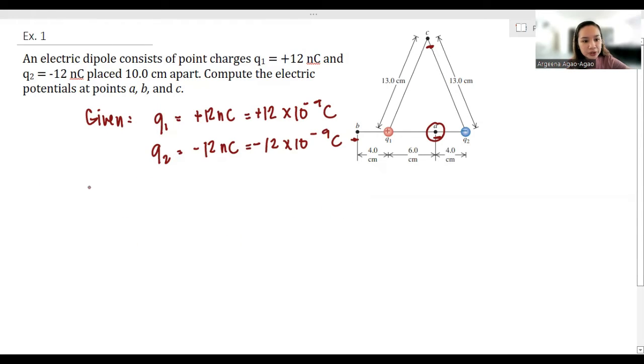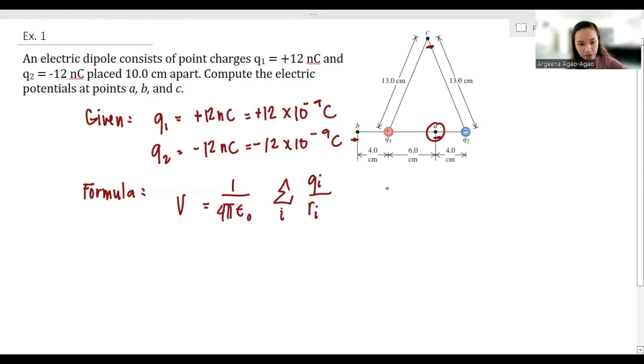Now, the formula that we are going to use is the formula for the electric potential, V equal to 1 over 4 pi epsilon naught, the summation of all the charges divided by the distance of the charges from the point. So for point A,